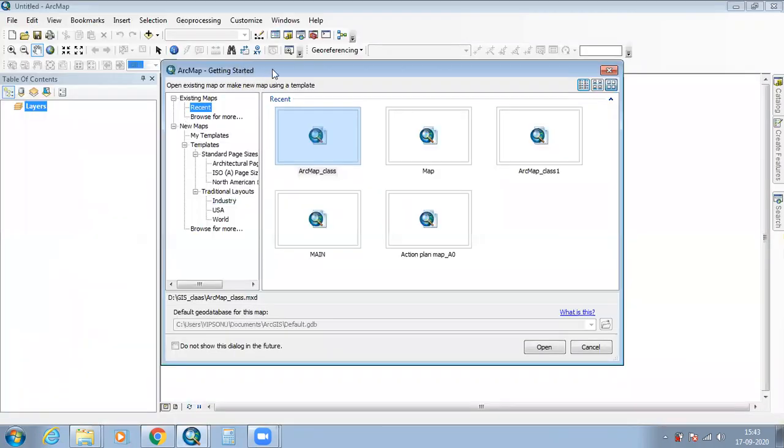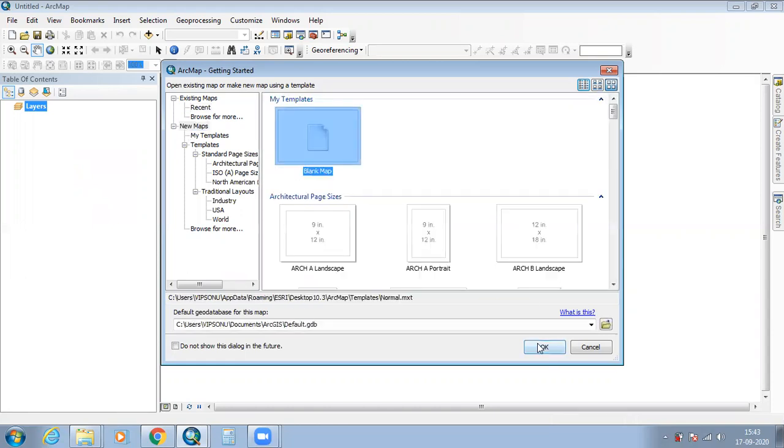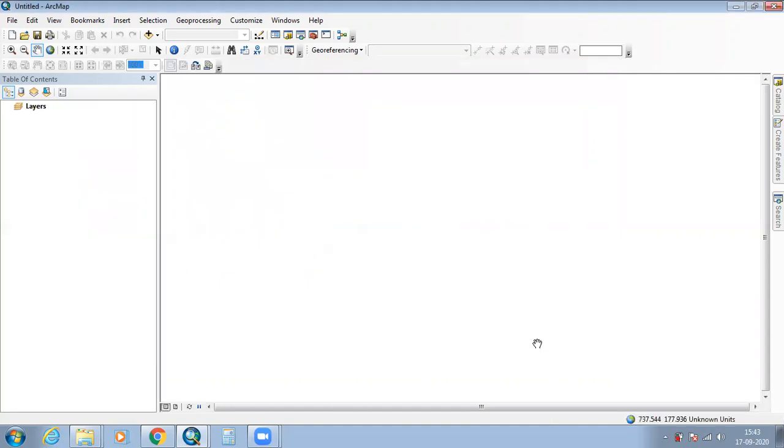Here a window appears. Choose blank map under new maps, and then click on blank map. Then OK.